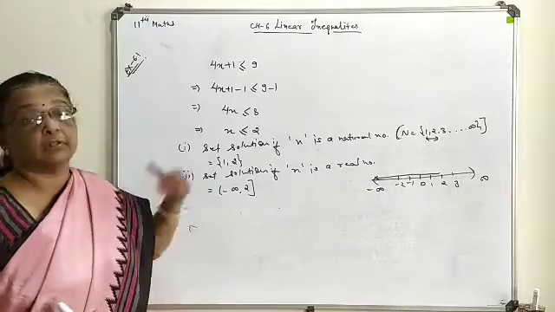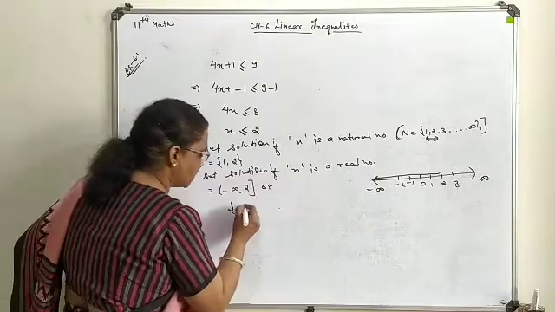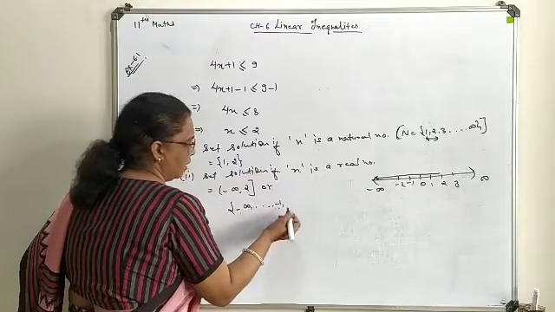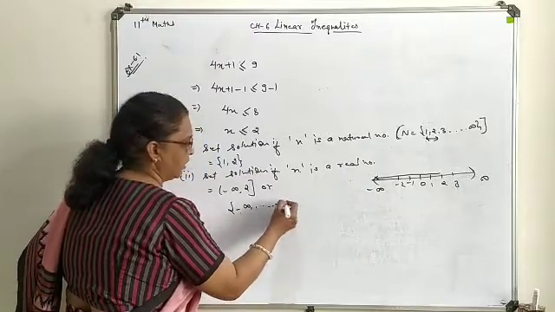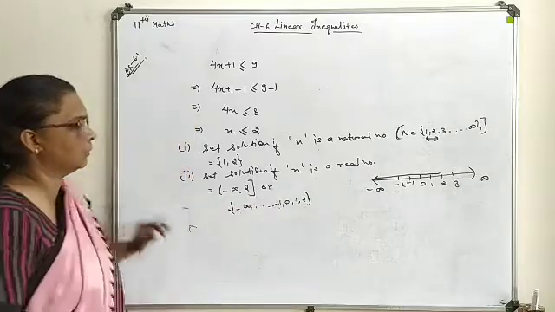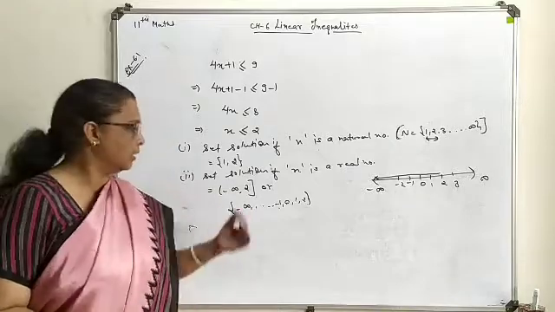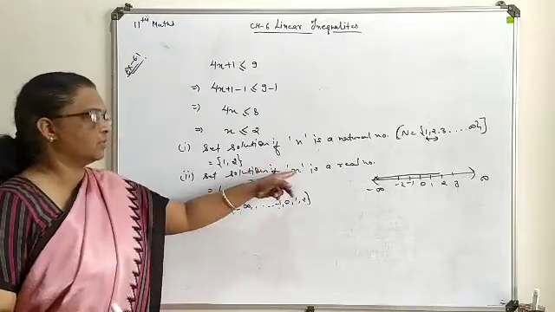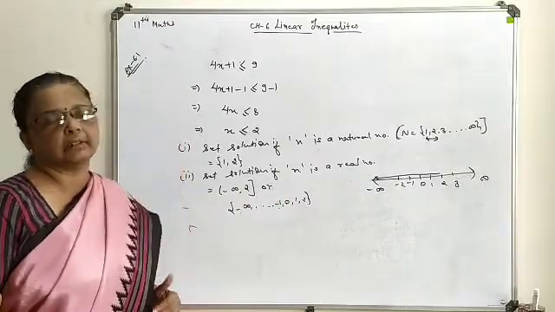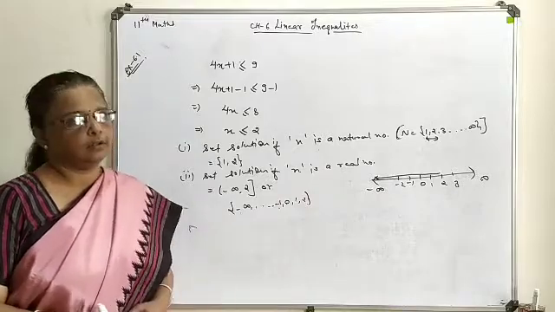And this interval you can even write in a set form. This is minus infinity, this is minus 1, and including all in between 1 and 2. Here we have to stop. In between, whatever number we can include, all will be involved in the final answer. So it is better you write this way when your x is selected from the real number set. So this way, as per the criteria, you can define your x as a set solution.